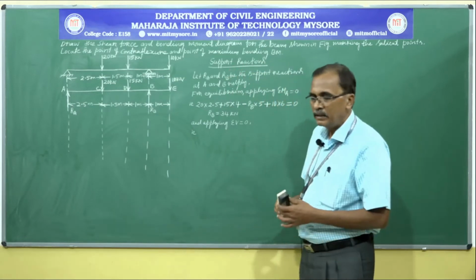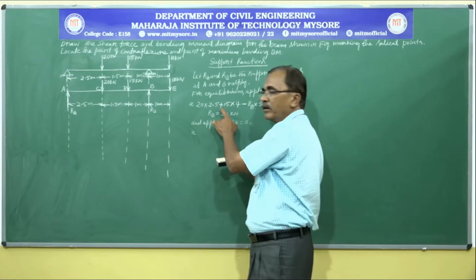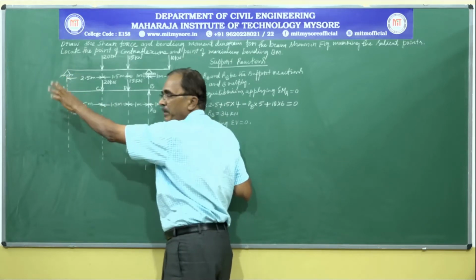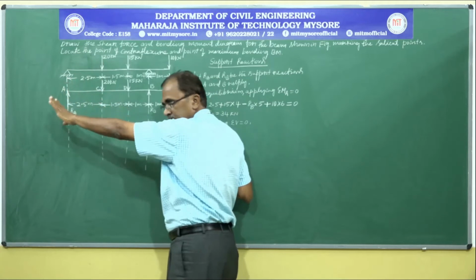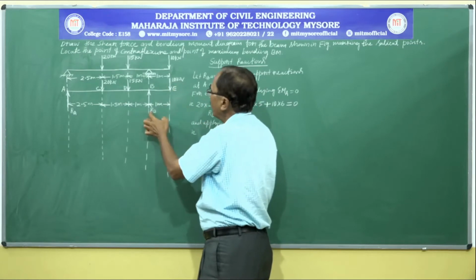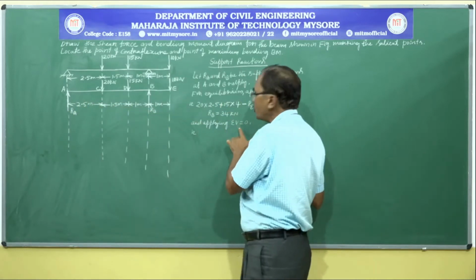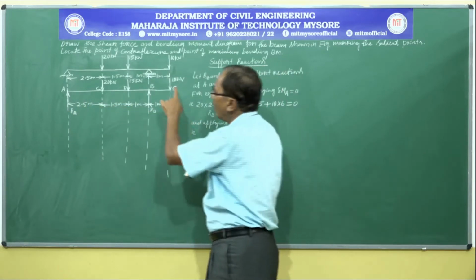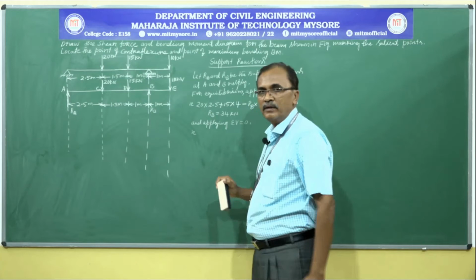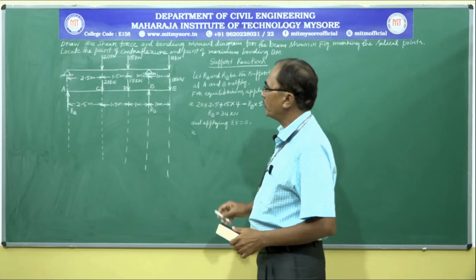Here there shall not be any confusion while applying the equilibrium condition. When we applied the moment equilibrium condition, we did not write a moment due to RA, because RA will not create any moment. So RA will create 0 moment. Hence we consider these 3 loads for moment along with this support reaction. Whereas when we apply the force equilibrium condition, we should consider all the forces acting on the beam including support reactions.